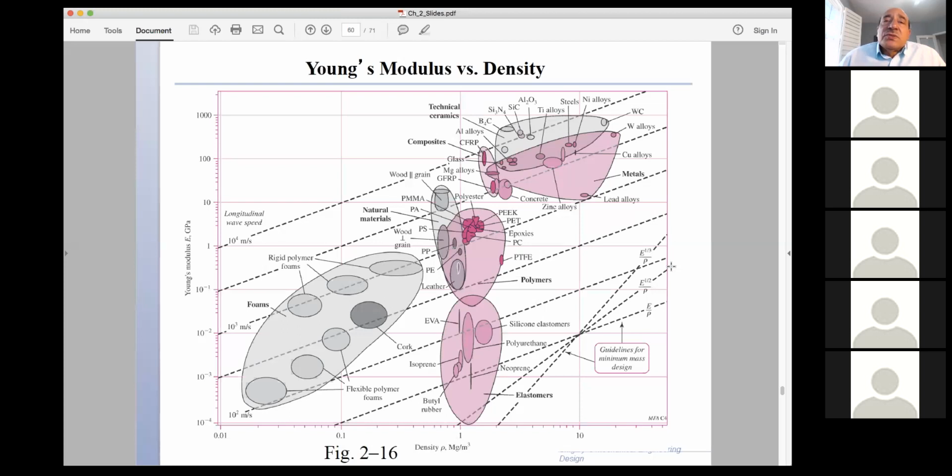Similarly, if I want to maximize deflection for bending, then the result is to maximize E to the 1/2 over rho. I have the equations explained in the videos, but that would be a different slope, and therefore you have a different number of parallel lines that you will select the maximum for all of these. So this is the idea of material selection that we have here.